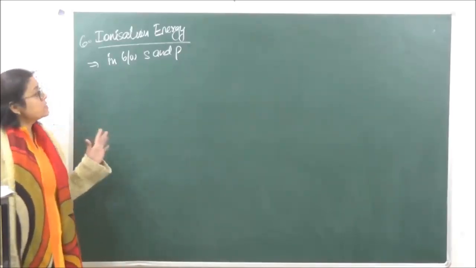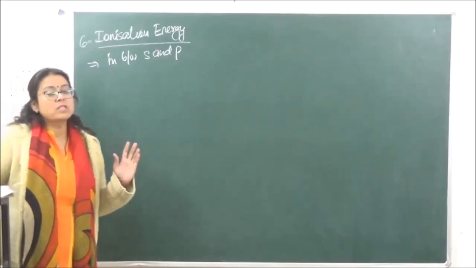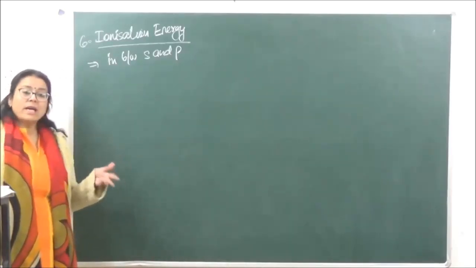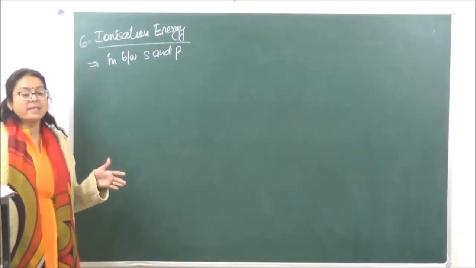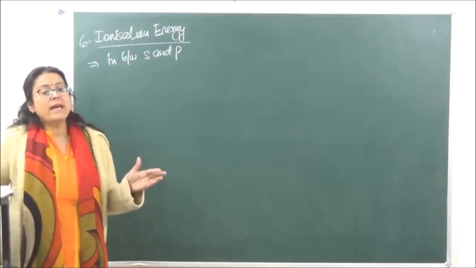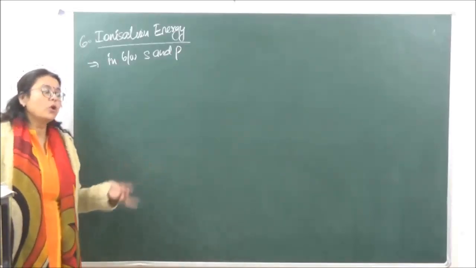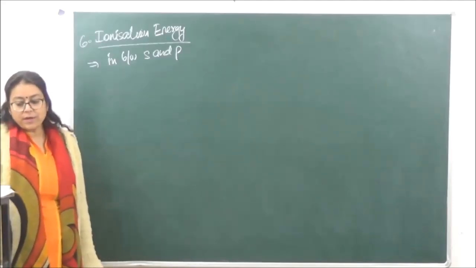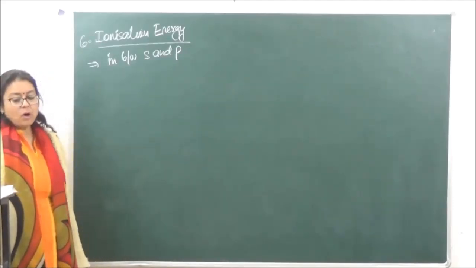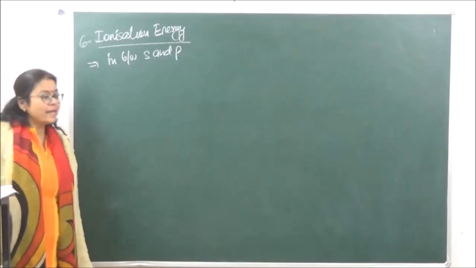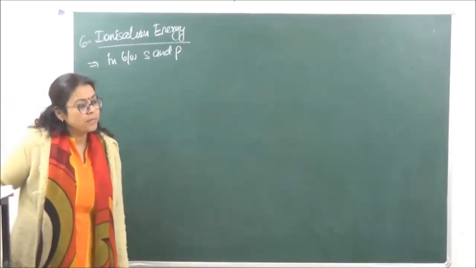Okay? And this also attributes to the electropositive character. The lower the ionization energy, the higher the electropositive character, and the higher the metallic character too. That is the reason why p block elements are going to be non-metals. Is it clear? So we say that the d block elements are going to be less electropositive as compared to s, but more electropositive as compared to p.